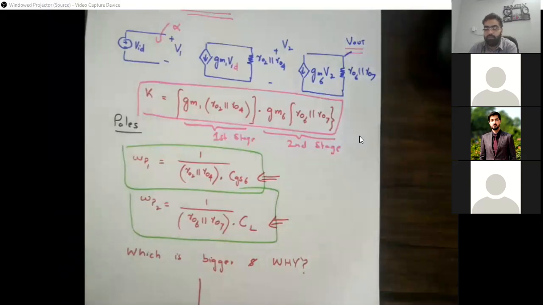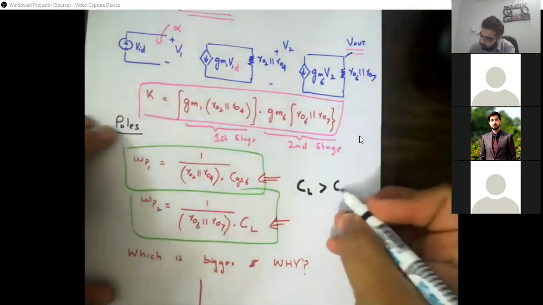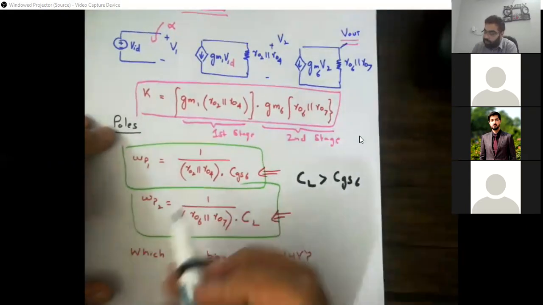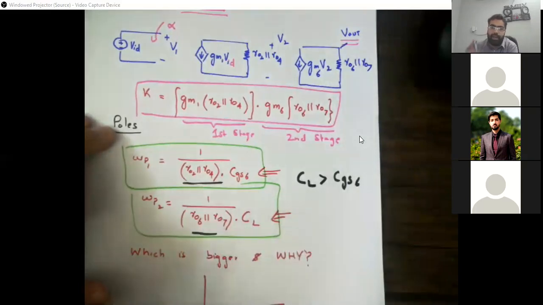So I think CL would be greater than CGS6. CL greater than CGS6. ठीक है। So what we can say, first thing, RO2 in parallel with RO4, RO6 in parallel with RO7 somehow of the same range, ठीक है। अगर वो एक 10 किलो ओम होगी, दूसरी might be 12 किलो ओम, but almost on the same scale, ठीक है। इतना डिफरेंस उन दोनों में नहीं होगा।